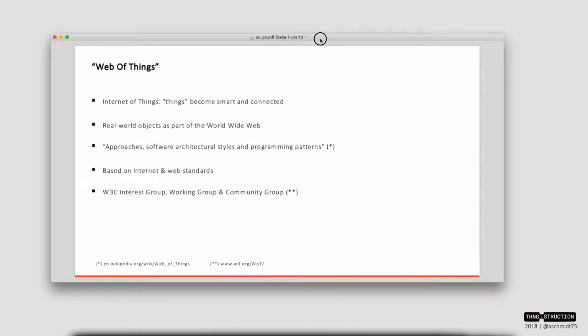This part is going to be about the Web of Things. We want to explore what this term is all about and what it means, or what it could potentially mean for developing APIs for small devices. And of course, it's about the Internet of Things. So devices and things that become smart and connected, so they can talk to each other or talk to cloud services, for example, which leads to real-world objects becoming part of the World Wide Web and expressed via APIs